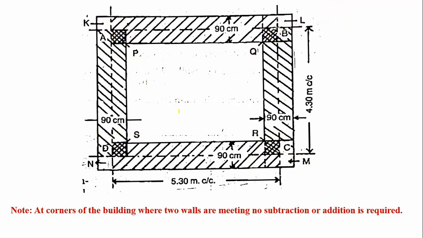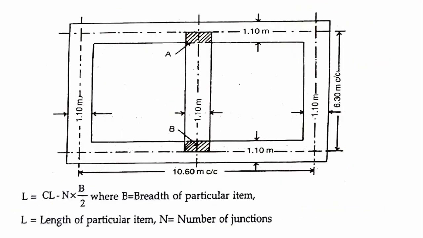But the problem comes when you have cross walls or partition walls. For example, this is a two room building. This is one room, this is one room, right? Again, if you calculate the center to center length of the building, if you consider this long wall, this is the center of the wall. From here till here, if you multiply it by breadth, this wall will be over. Similarly this is number 2. Two numbers, if you multiply, this and this will be over.